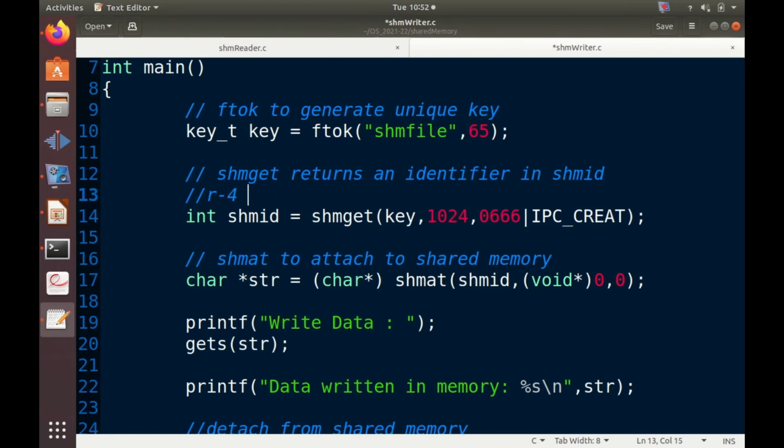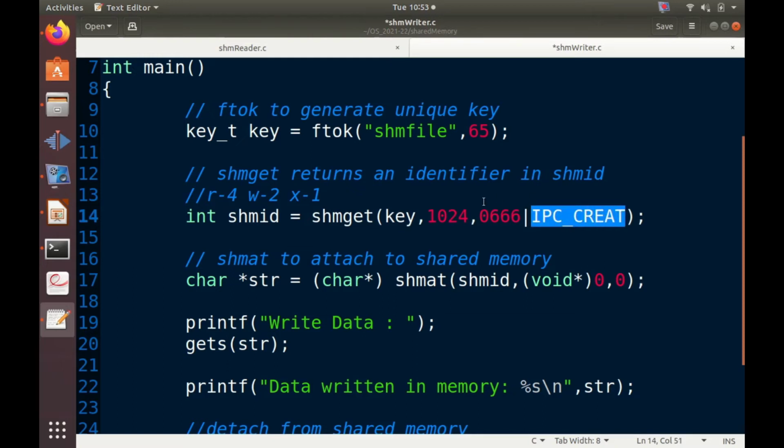Read has the number 4, write has the number 2, and execute has the number 1. So we want to give read and write access to the file, and that's why we are writing this as 4 plus 2. Read is 4, write is 2, so 4 plus 2 is 6. So 0666, then a pipe and the IPC_CREAT flag.